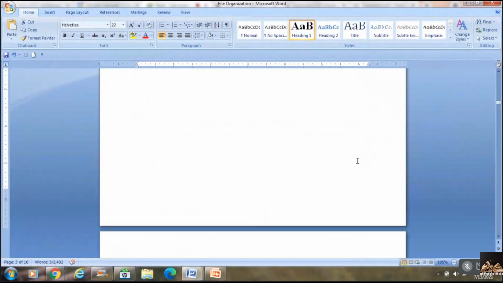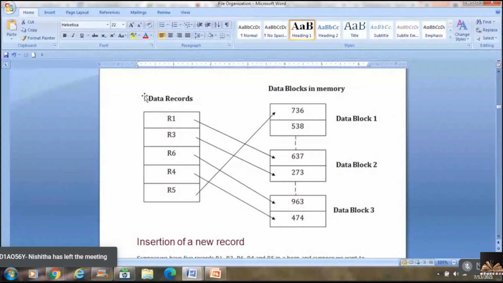So see here, these are the data records that need to be stored. Each record is given a particular sequence number. It might be based on any of the column values. Each record is stored in blocks of memory. If I assume the block size is 2, here block size is 2.